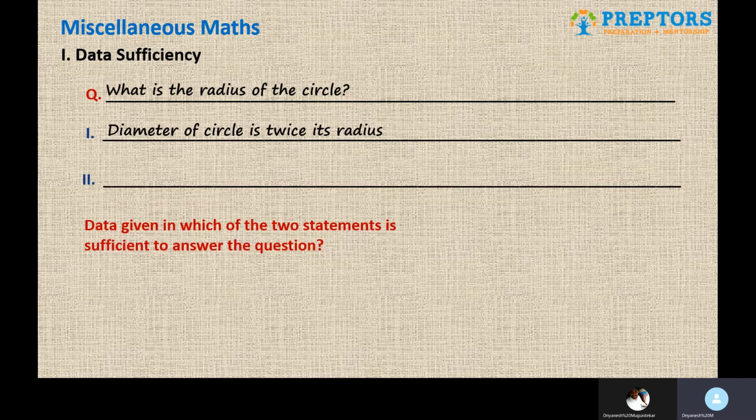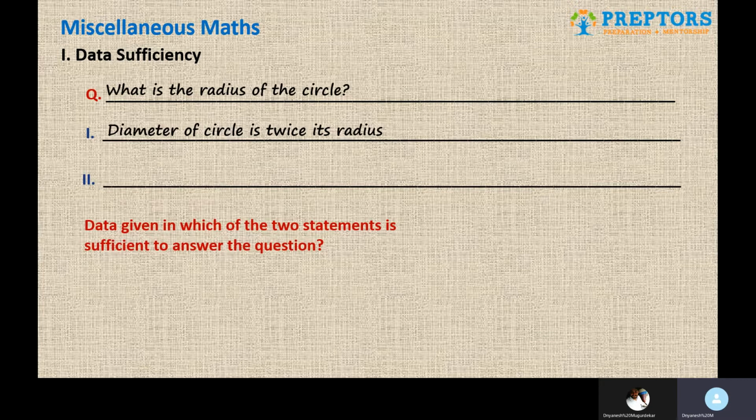This first statement, diameter of the circle is twice the radius, is not telling you something new that you don't already know. When the statement doesn't give you any new information beyond the standard things, it becomes a redundant statement. The beauty of a redundant statement is that you will never have to consider the both-statements scenario, and your work gets reduced. So you should actively look out for redundant statements, which will help your cause while solving the questions. But here, with statement one alone, we cannot find the answer, so we scrap it.